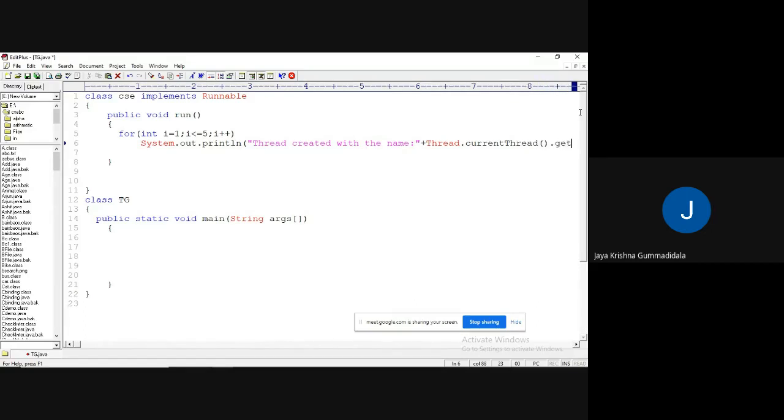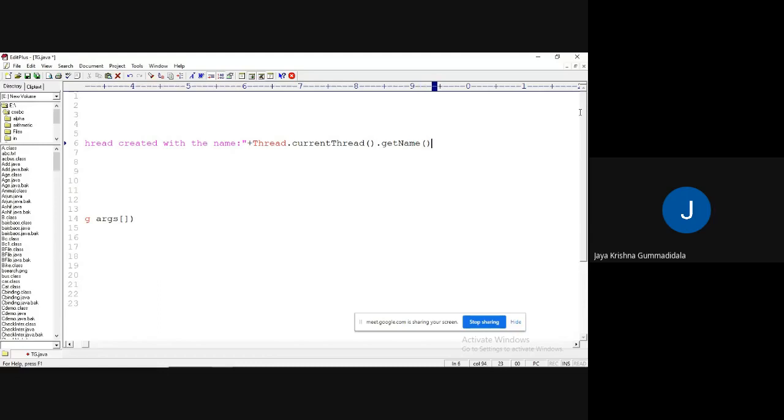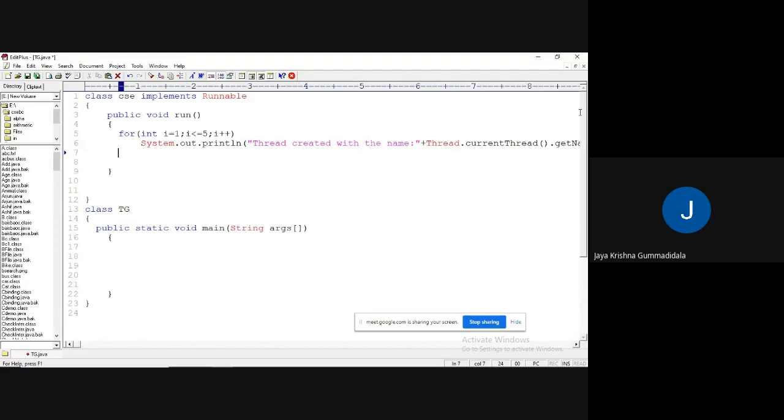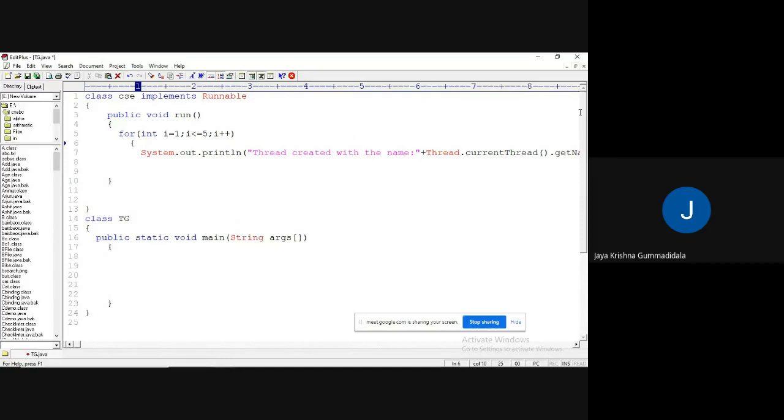In that, I would like to get the name of the thread. getName. I got the name of the thread.